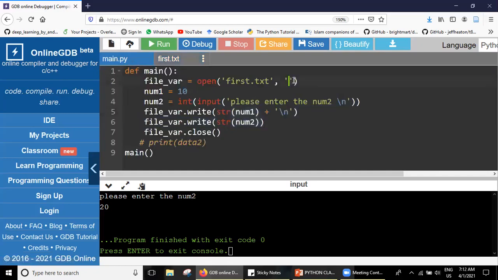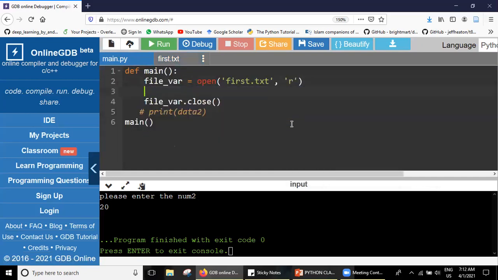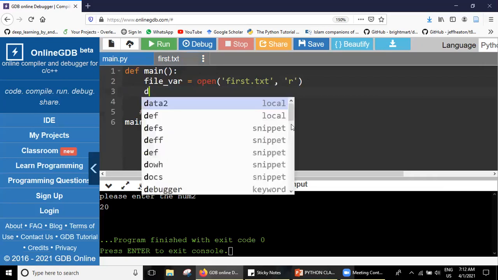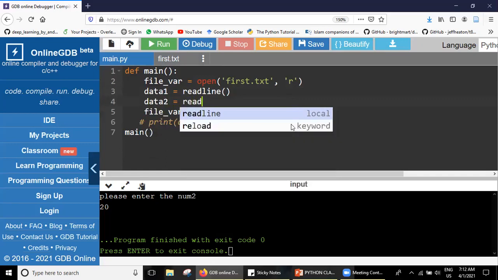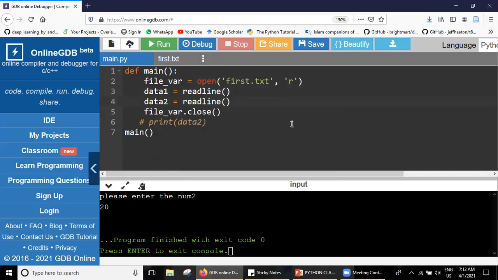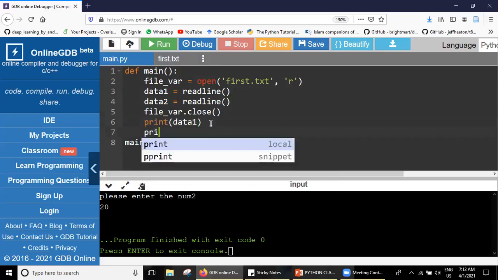I want to read this file and read all the numbers that are there in the file. I can say data 1 and read line. And this time I say data 2 and read line again. So what's there in data 1 and data 2? You know it, right? Tell me, please. 10, 20.